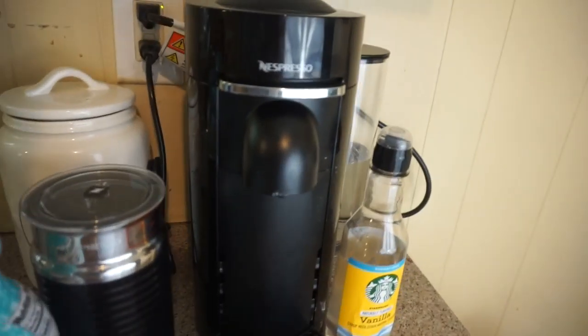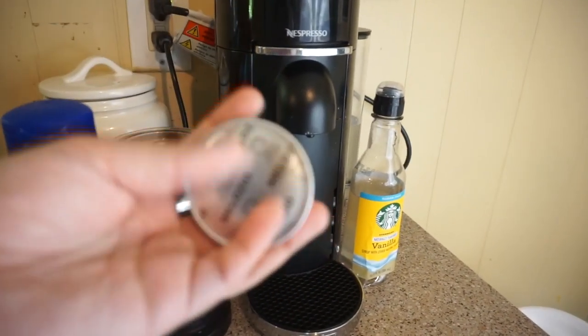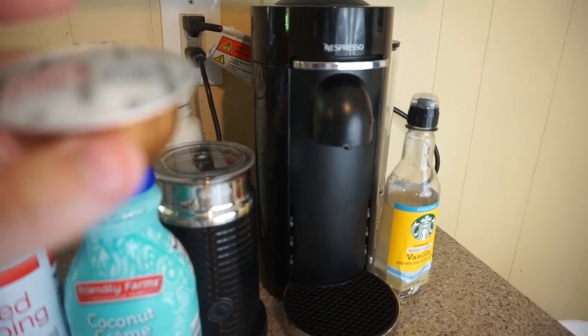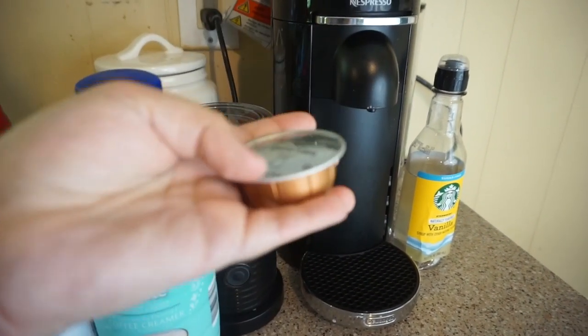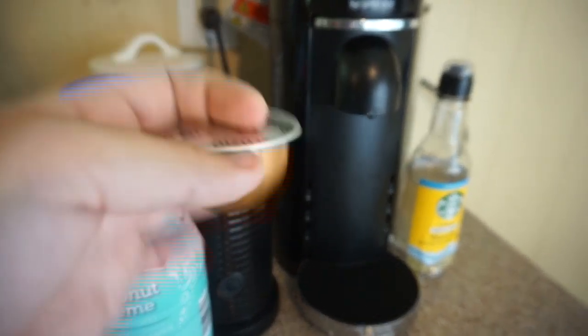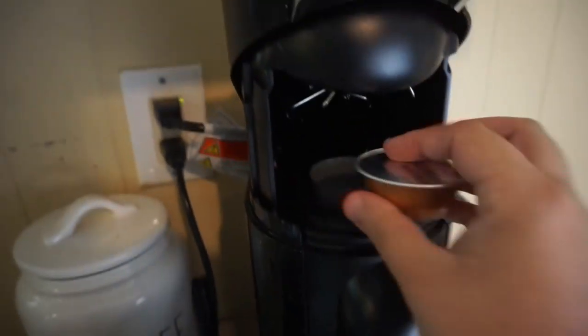So first, what I'm gonna do is, instead of making an espresso shot, these come out hot. And I don't like how they taste over ice. It just gets watered down. So if you have some patience, I will suggest, like right now I'm gonna prep breakfast for the kids. So I'm gonna actually make this now and just let it sit in the fridge for like 15-20 minutes. Okay,